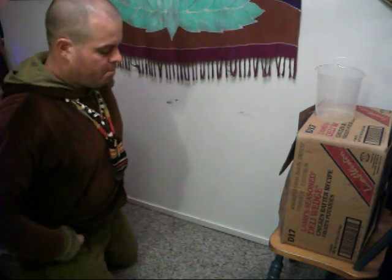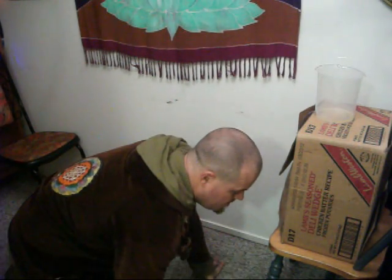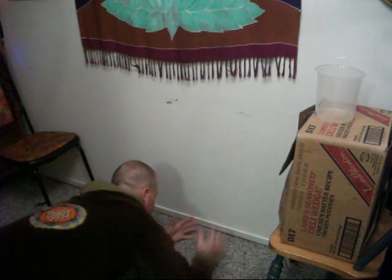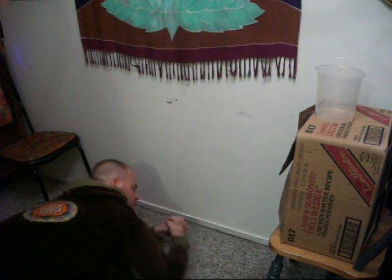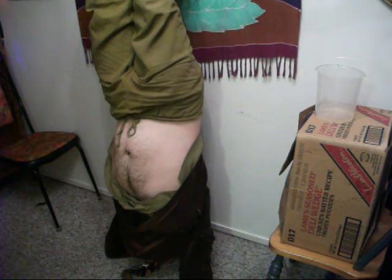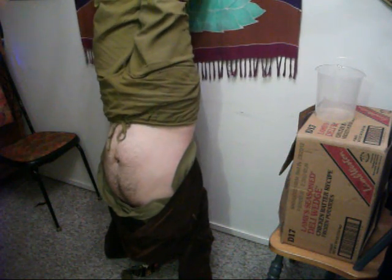Alright, one of the things you can do is, well, the inversion, but we're going to do the handstand first. So put your hands together like this, and put your head down, and then go up against the wall. If you're a yogi like me, you don't need the wall. You can just go straight up like this and hold it, so you can do it anywhere. But if you want to use the wall, just lean your feet,